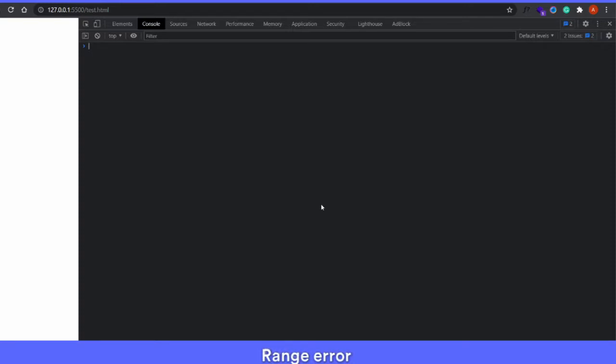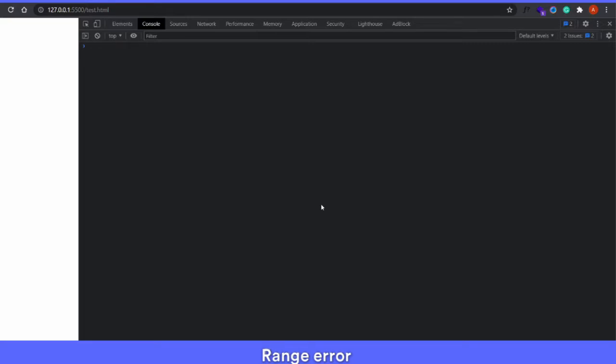The next type of error that we'll look into is the range error. So you'll get these type of errors whenever you try to pass in variables or parameters that are not in a valid range. So JavaScript engine has a set limit for its members. So if I try to create a variable or an array, for instance, and set the maximum number of elements to a limit that JavaScript does not allow, I'll get this error. I'll get the range error.